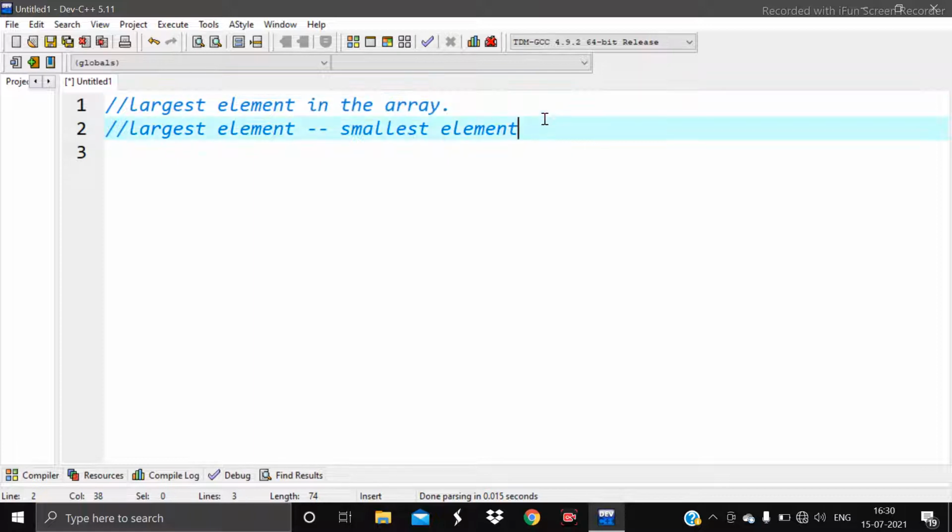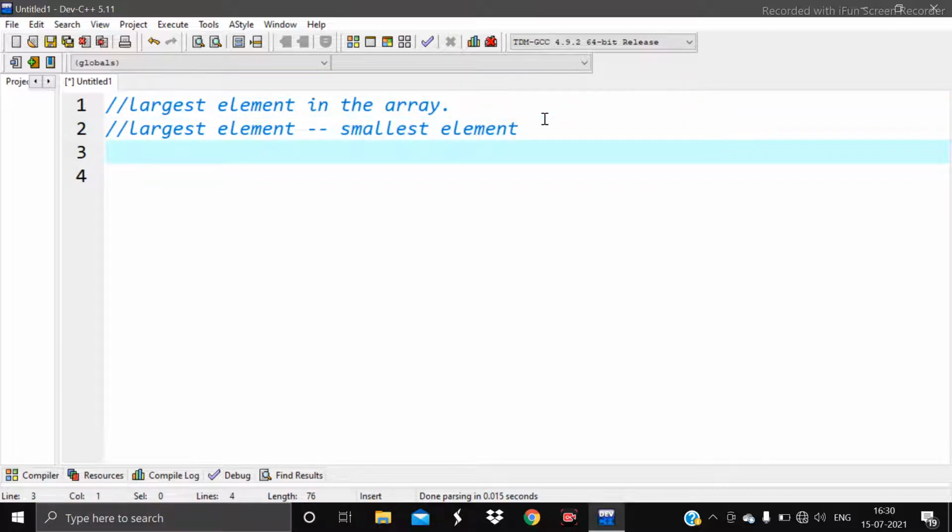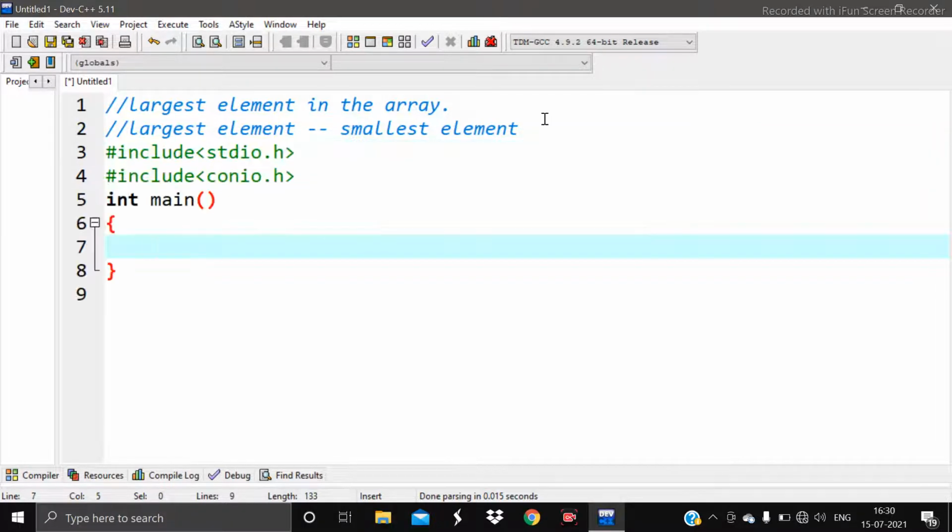So let's start with the basic coding in C language, that is #include <stdio.h> and #include <conio.h>. So the main header files are written. Let's start with the data types: int for using the for loop variable i, and the size of the array, and then the array name as arr, and 20 is the default size of the array. And to find the largest number, the variable large is used, and to find the position of that largest number, pos large is used. Here it is better if you use an underscore in this variable.